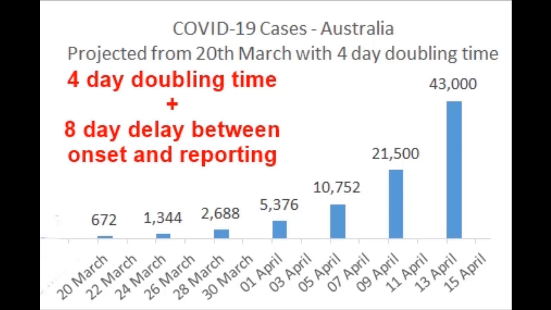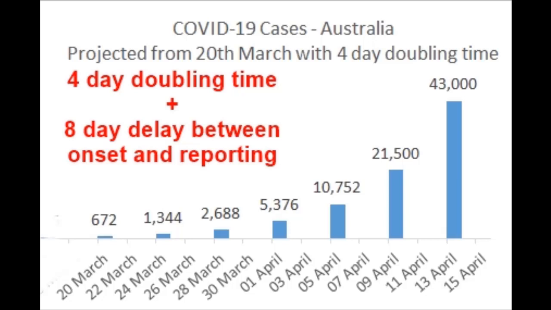So this is like driving along the road looking in the rear view mirror, unless you make that adjustment, unless you realise that you're looking back at history. So at the moment, if we have 336 reported cases, we actually jump forward to the number that you can see for 24th of March, and that's our probable number, about 1,300 cases that will be reported by that time.